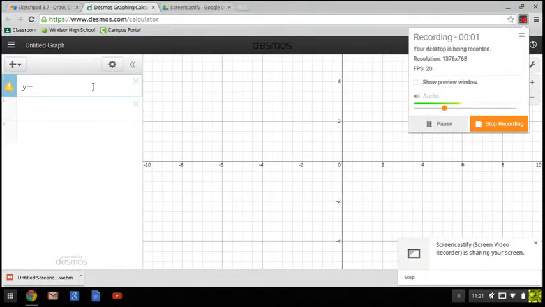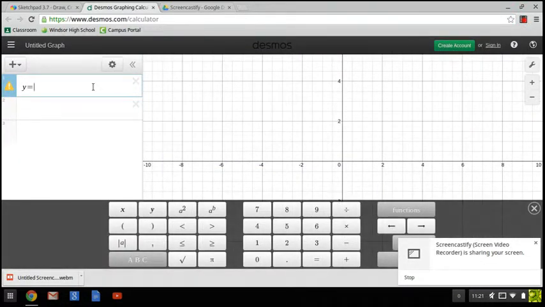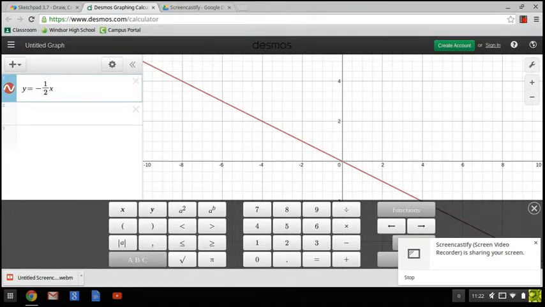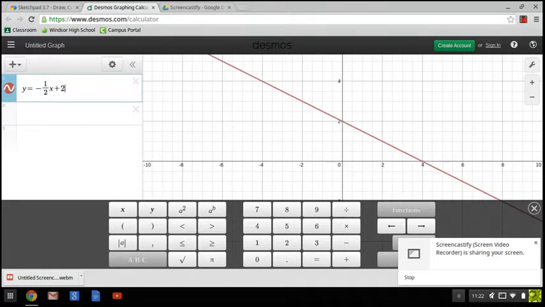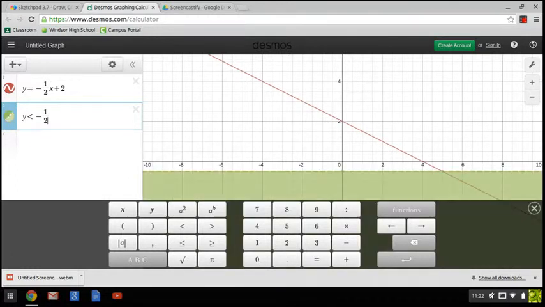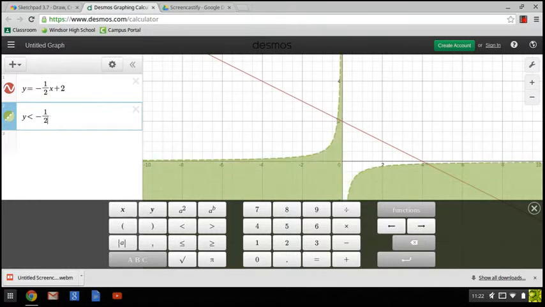When graphing a two variable inequality, you just want to start by graphing it as y equals. So I'll do negative 1/2 x plus 2. Now, when you do that, it will be easier to look at it as an inequality. And this one is y is less than negative 1/2 x